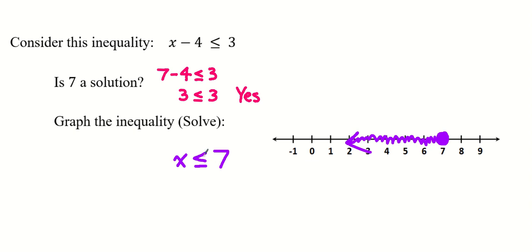So remember, again, this should be review for just about everybody, if not everybody. Symbols like this, when it's a less than or equal to, or a greater than or equal to, whenever there's an "or equal to" line, pretty much like half an equal sign, that's when you color in the circle. But when it's just a less than, or just a greater than, you have to put an open circle on that number,